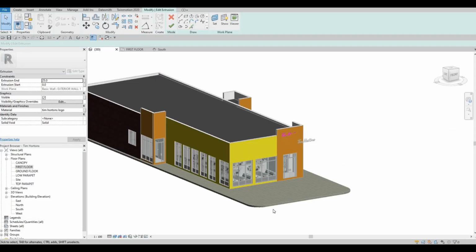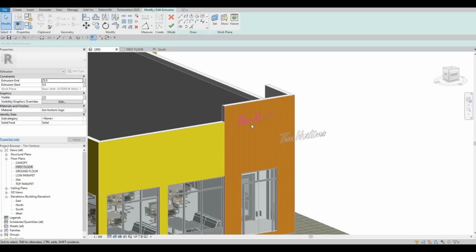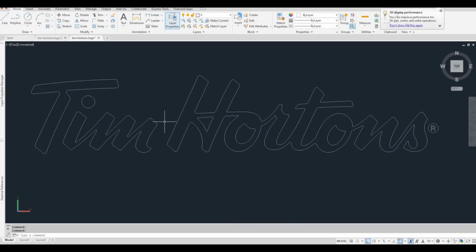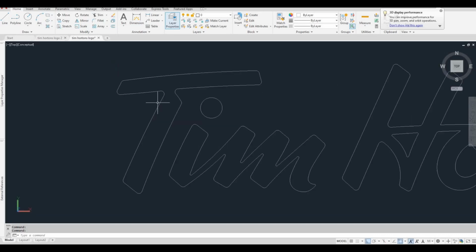So in the last video, I asked you guys to create the Tim Hortons logo. I showed you how to do it, how to use AutoCAD and everything like that. But as you can see, I'm still working on mine, just because I forgot to tell you that when you're doing the logo in your CAD, what you need to do is mix it up, because not everything would be selected. For example, if you use